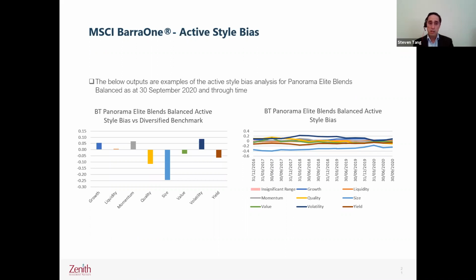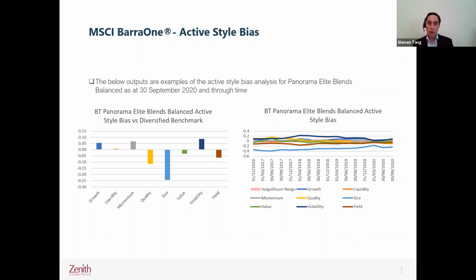So it uses a combination of holdings based. For all equity holdings, we actually collect all equity holdings from every manager that's in our portfolio and that is rated. And for the other asset classes, fixed income and alternatives, it uses a bit of characteristics and regression to do it. So there's a bit of crossover with what Michael was talking about earlier, but a large part of it is holdings based. What you see here in this chart, the left-hand chart is a snapshot in time, and the one on the right is through time.